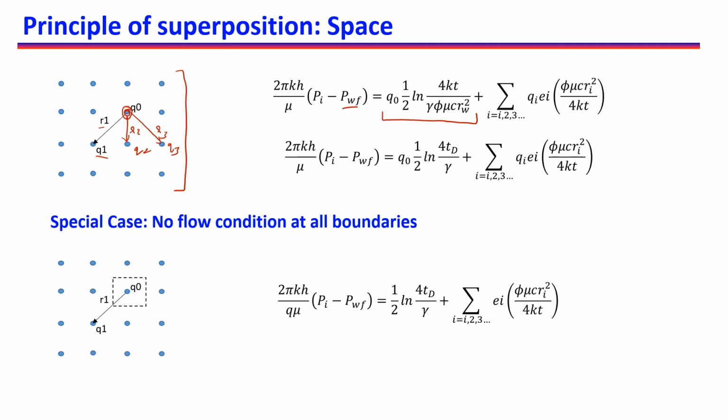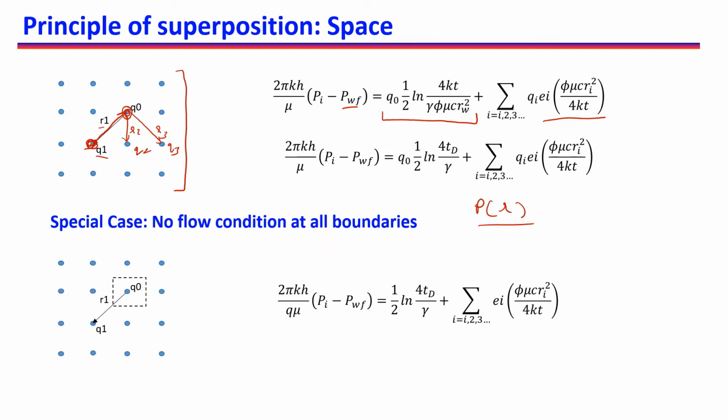But if there is another well here, say a well 1 which is producing at a flow rate of Q1, in that case we want to measure pressure at a distance R1 from this well Q1, so we do not want to measure pressure at this well. For that also we have already derived how we can measure pressure. So if we want to measure pressure at a distance R from a well, then we know that we can use this exponential integral term.